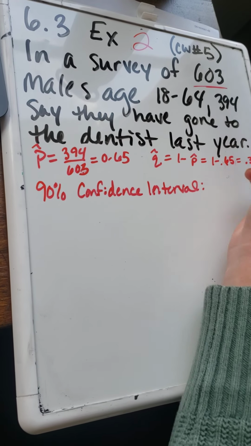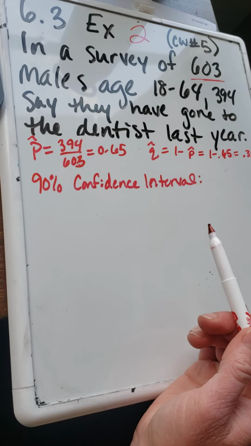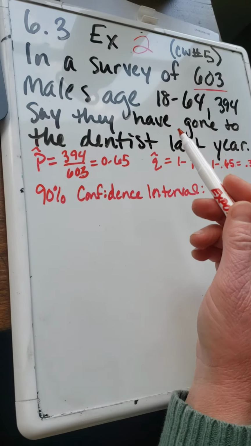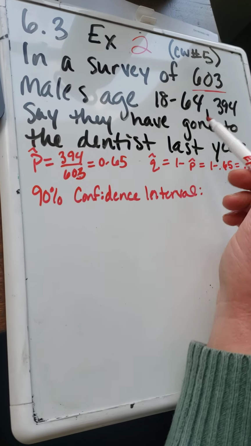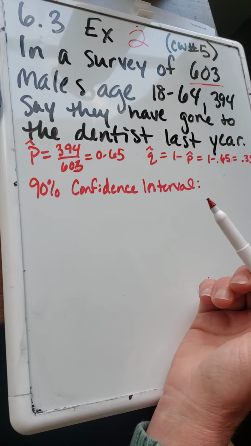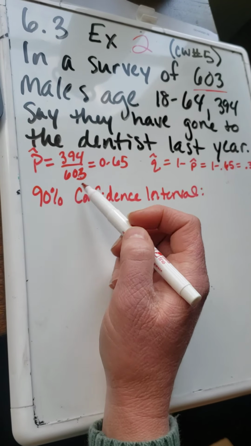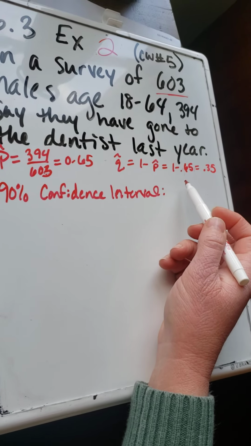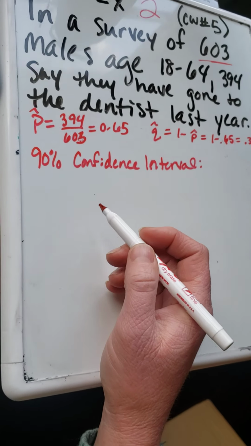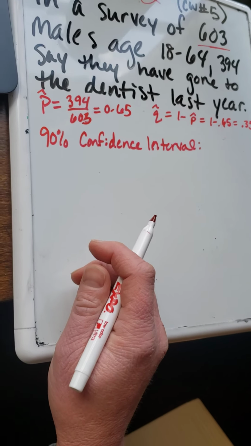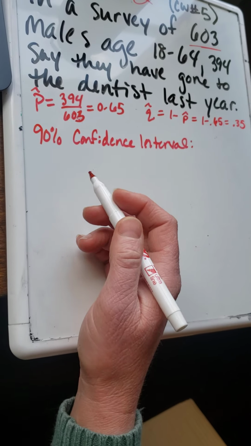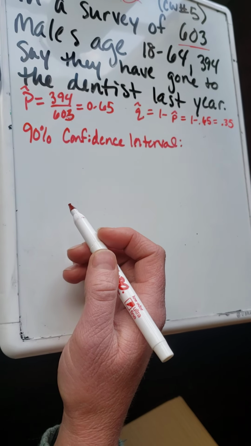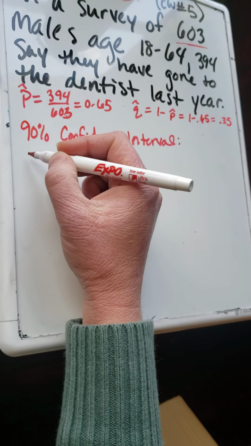So it's the same surveys, and I did correct. I noticed in my first example, I had 600 instead of 603, so I adjusted that first. But it's the same survey. 394 say they went to the dentist, 603 is the total survey. So I fixed my p hat is actually 0.65 and q hat is 0.35. So to do a 90% confidence interval, first we start by verifying that the sampling distribution of p hat can be approximately normal, and we do that